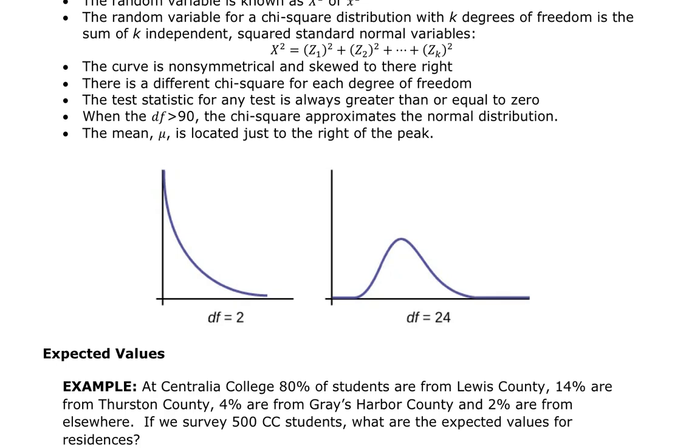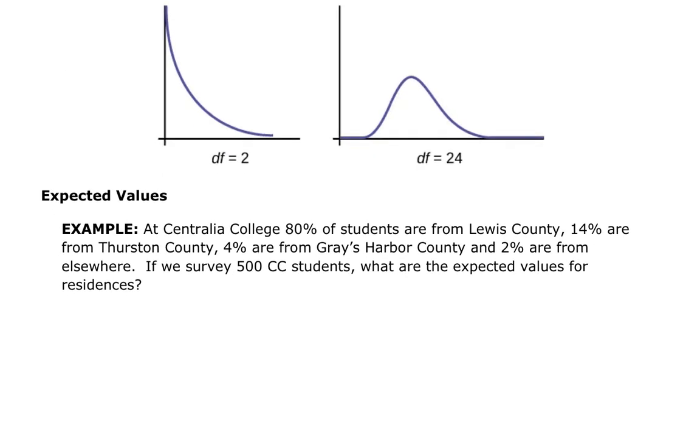So here's some examples. We're going to look at the expected values. We're trying to decide whether or not the information given to us matches what we expect it to be. So this is the chi-squared where we are looking to see whether or not the information matches the distribution of what we expect. At Centralia College, 80% of the students are from Lewis County, 14% are from Thurston County, 4% are from Grays Harbor, and 2% are from elsewhere. If we randomly selected a survey of 500 Centralia College students,